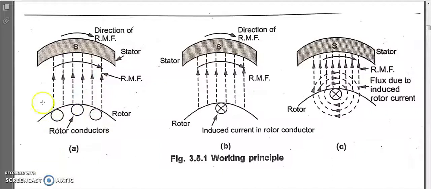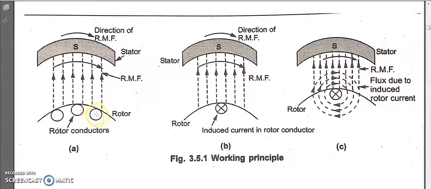So whenever the main field is excited, the flux will start to flow from bottom to top as shown here. Okay, and again let us assume that the direction of the rotating magnetic field is left to right, that is the clockwise direction. The speed at which it is rotating with respect to the RMF is the synchronous speed, the rotating magnetic field.